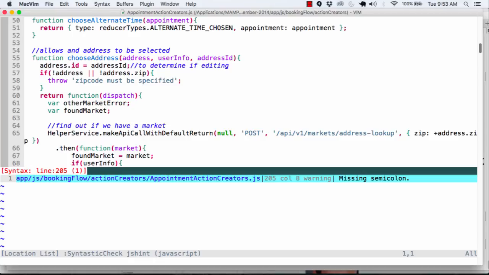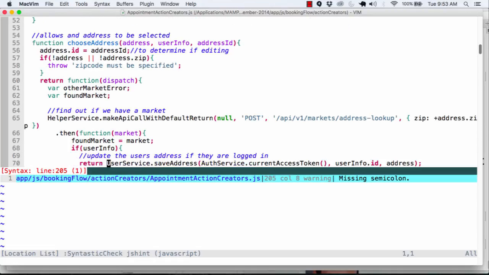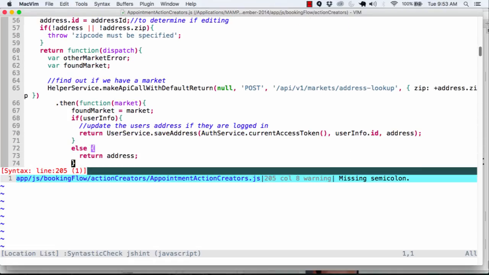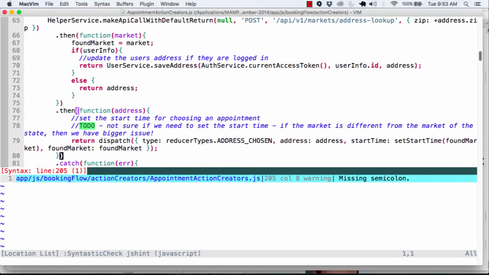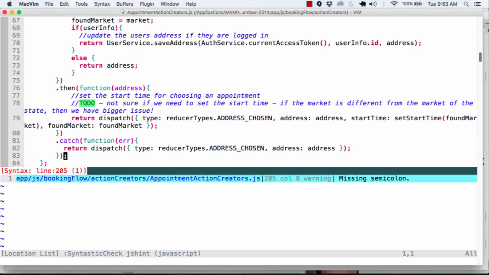Again, the booking flow service will realize this is a function. After this action gets called, it'll get an object back. It'll see that that object is a function, in which case it'll call it and pass in the dispatch method. And again, it's up to us to decide when we're going to dispatch. So here we're able to find this. We've got an address that's chosen,